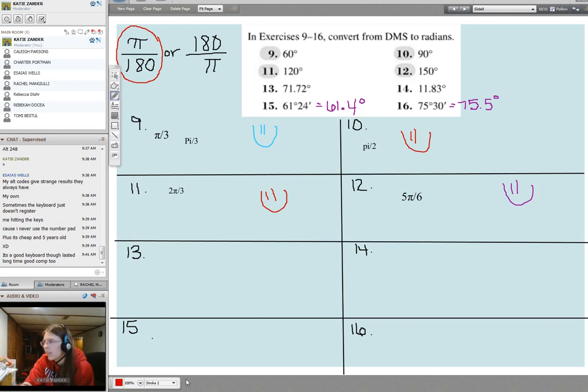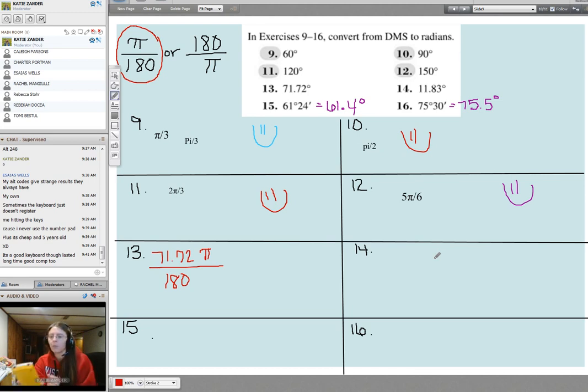For 13 through 16, because you're dealing with decimals, there's probably not going to be a good reduction for that fraction. So if you want to put them as a decimal answer and put radians after, you can do that. For example, in 13, we would set that up as 71.72 pi over 180. Well, that doesn't reduce very well after that. So if I want to change this, I can go ahead and make sure I do 71.72 pi divided by